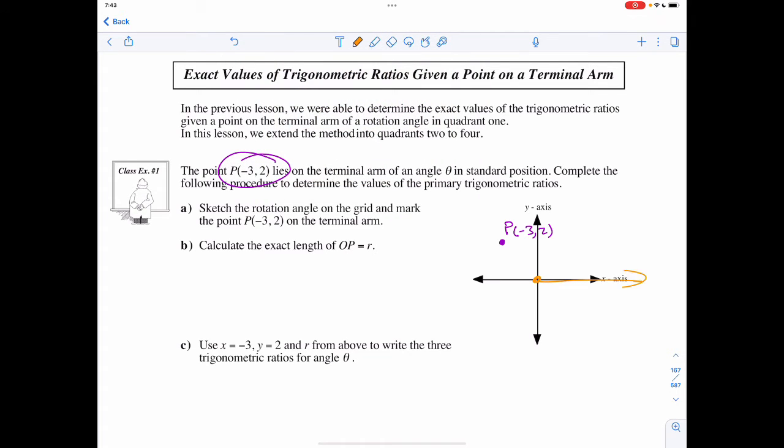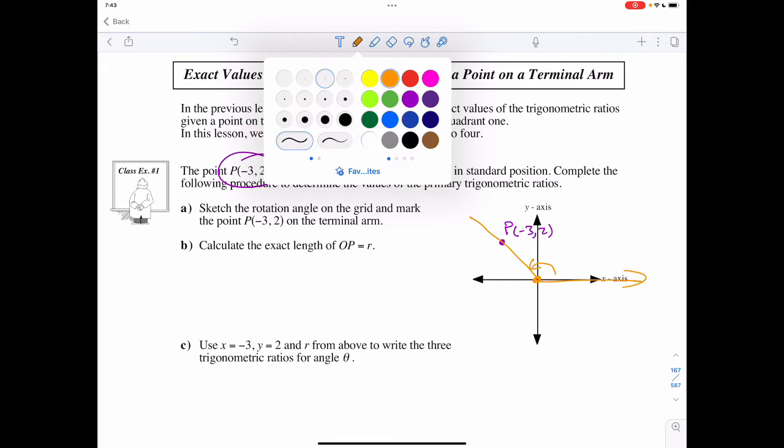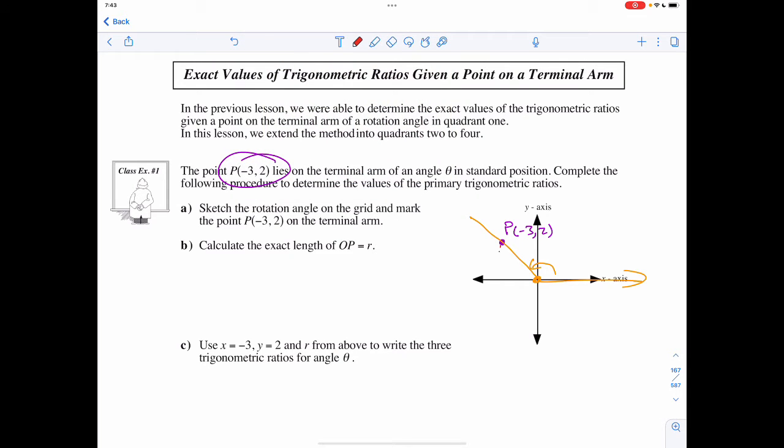We're going to show our rotation angle, and going directly to the x-axis, we show our right angle that is going to occur here, where we know that my x value is -3, my y value is +2,